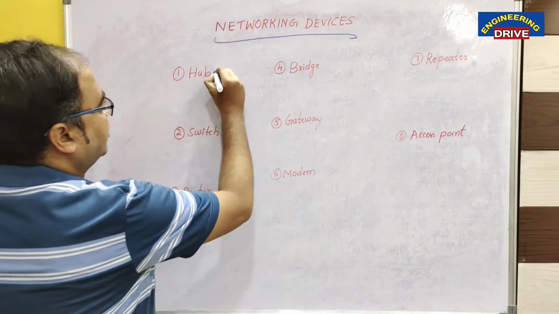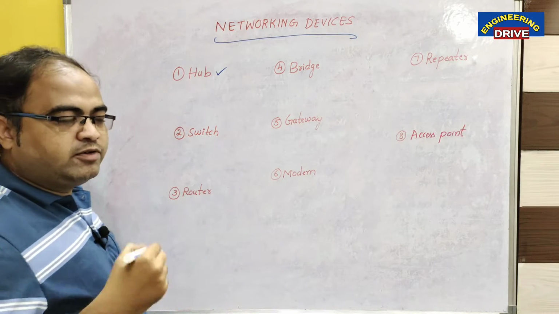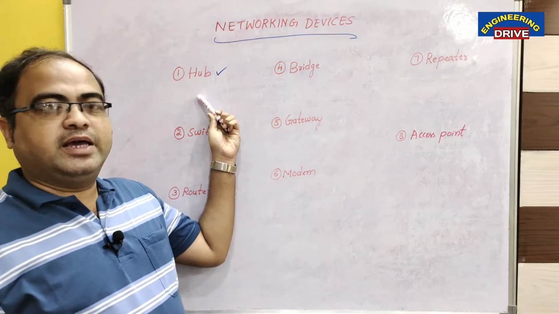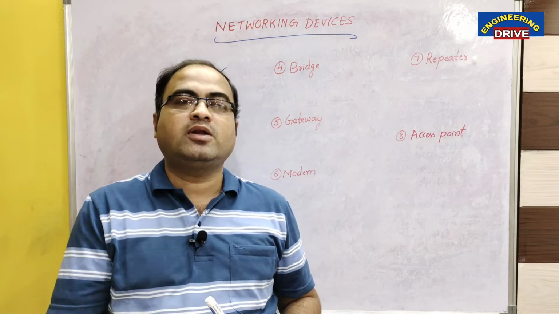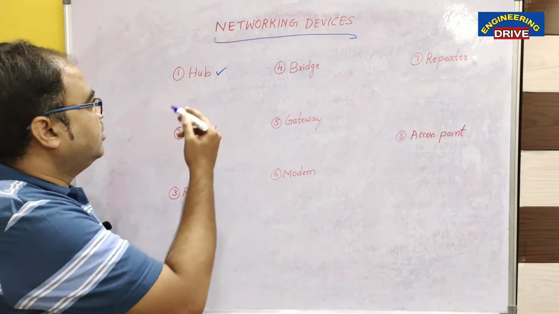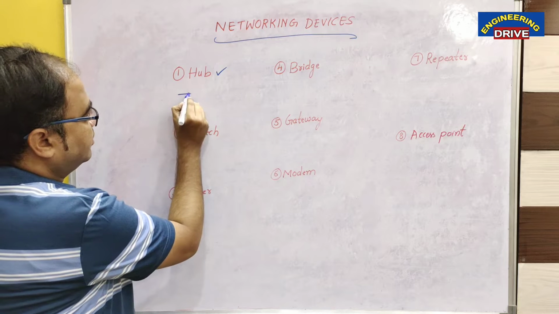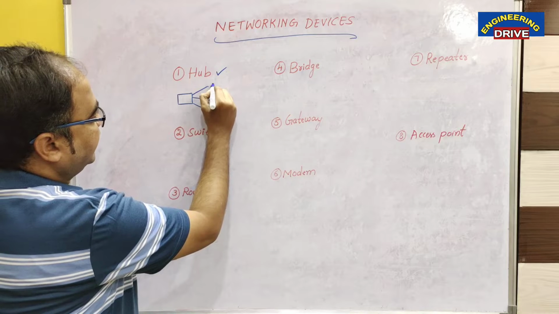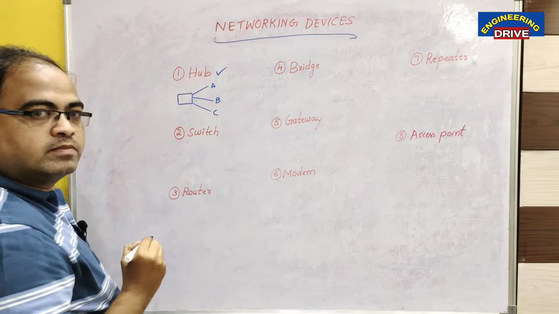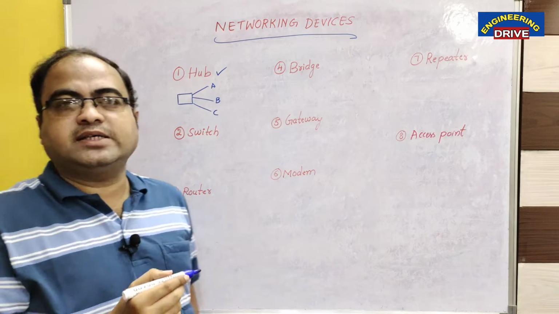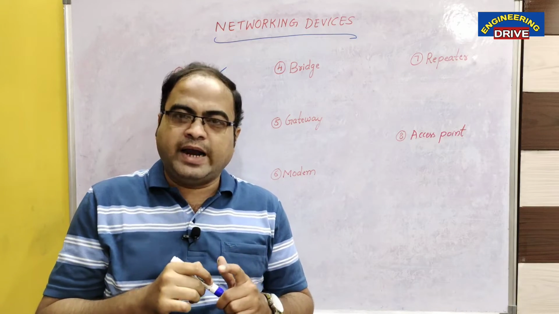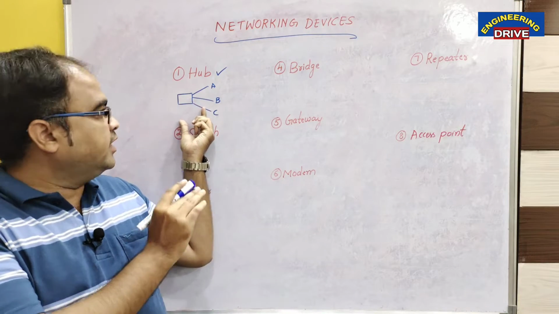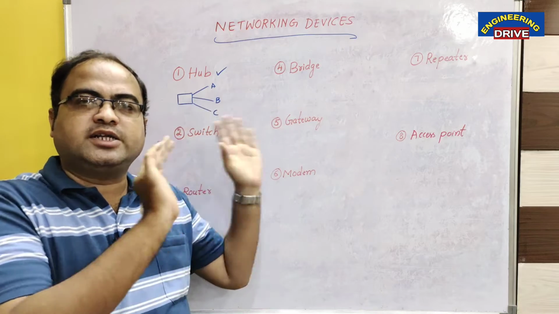So first of all, let me give an idea about what a hub is and why it is used in a network. Dear students, the purpose of a hub is to connect multiple networking devices. So device A, device B and device C. If you want to connect multiple devices, then you will make use of a hub. And one more thing in a hub is, let us say 3 devices are connected to the hub. Then the data can be transmitted to all these 3 devices.